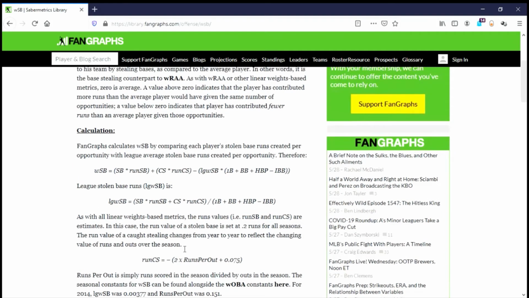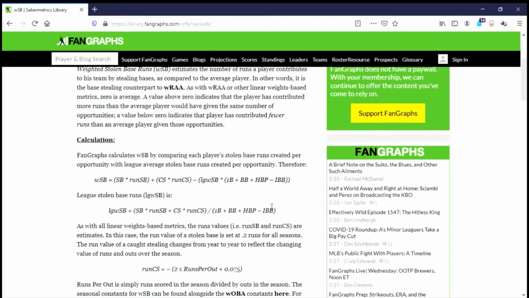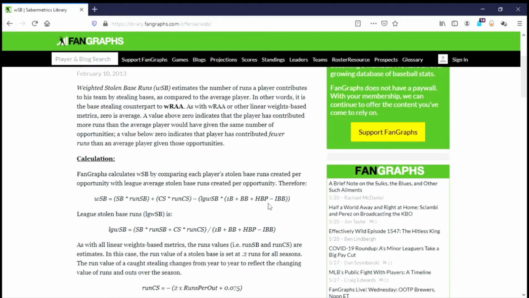And I also calculated for you the league weighted stolen base runs. Essentially it's just the league stolen bases times the run value of stolen bases plus the caught stealing times the run value of caught stealing, divided by singles plus walks plus hit by pitches minus intentional walks. So I have all that data for you for the 2013 to 2019 seasons, and what weighted stolen base essentially does is allow us to see how much value a person created in stealing bases,